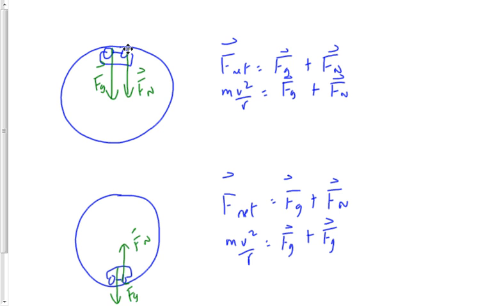Let's say we're at the top of the circle there, diagram number 1. Which way does gravity act when you're at the top of the circle? Yep. It acts downward. So we're going to make it a negative value, right? Don't put in the negative just for Fg. Put in the negative if you put in a value for Fg. Okay, what about the normal force? Which way is it acting when you're at the top of the circle there? Seth? Yep. It's acting downward as well. Good. So that's going to be a negative value of force as well,